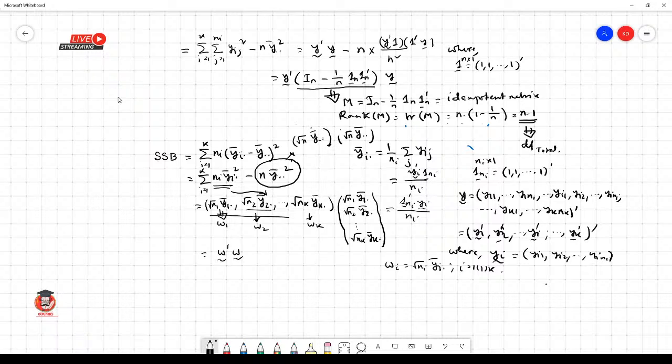So now root over n y dot dot bar is nothing but